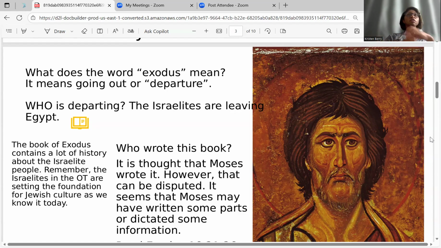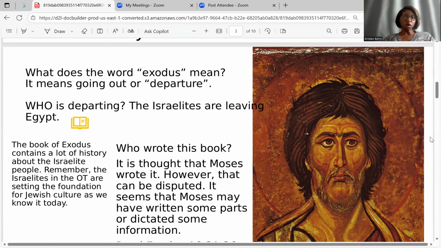We understand some of the things of why they do what they do, why they have continual celebrations and days of remembrance, because it comes from this particular book. Who wrote the book? So when we talk about authorship, once again, we are really not sure who wrote a lot of the books,